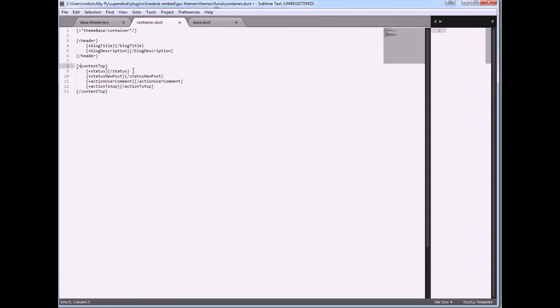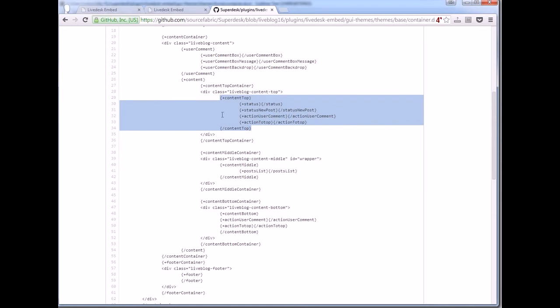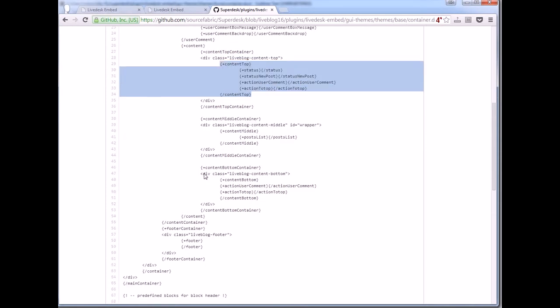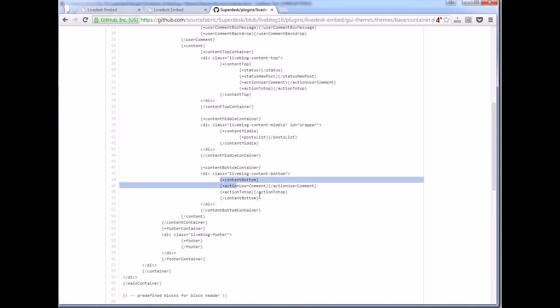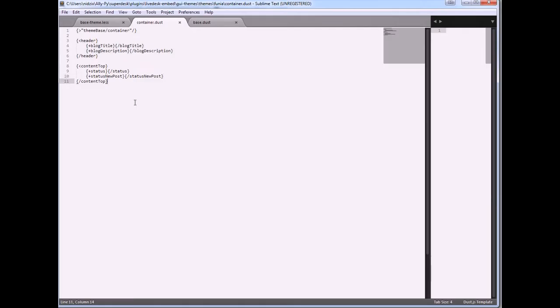We will retain info about new posts that we didn't see, but delete the action button for user comments and scroll to top. Save. The same we will do for content bottom. Here actually we don't need anything.